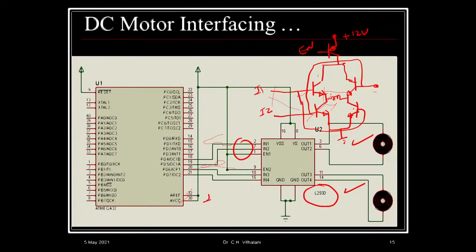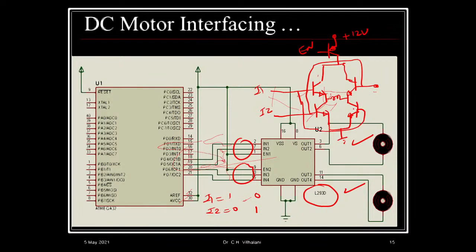So if I1 equal to 1 and I2 equal to 0, your motor will rotate in a clockwise direction. If it is 0, 1, then the motor will rotate in an anti-clockwise direction. Similarly for the other motor. So in total 6 microcontroller pins you will need if you require to drive two DC motors with different velocities.